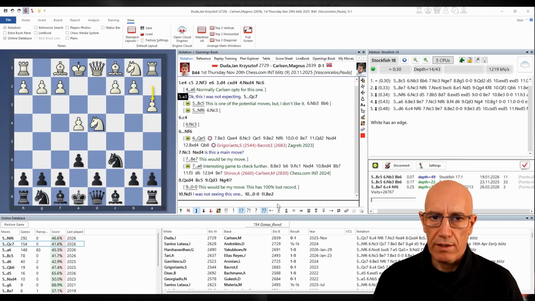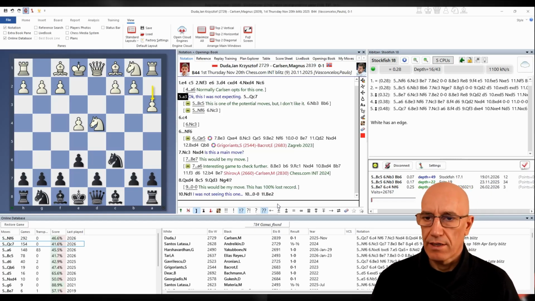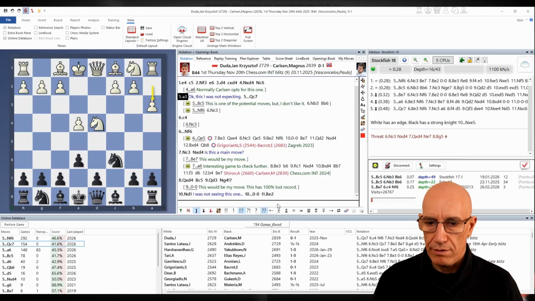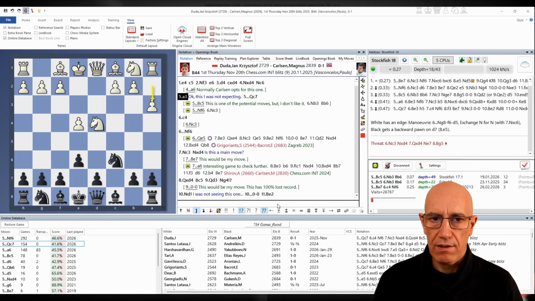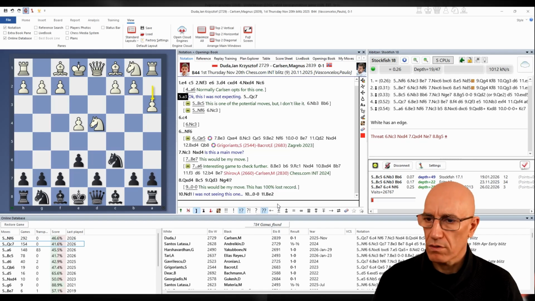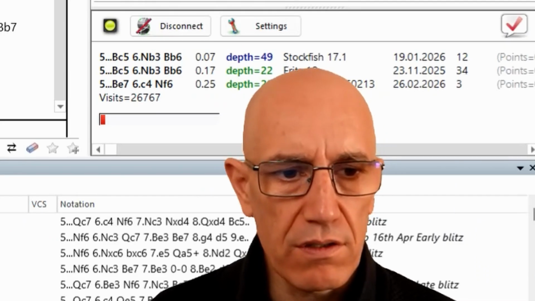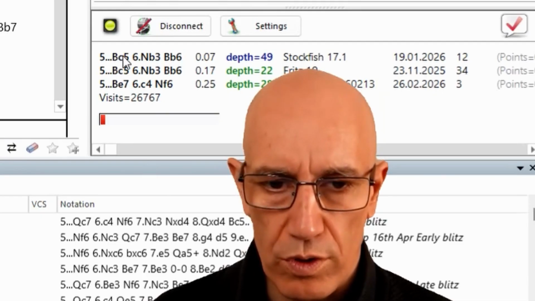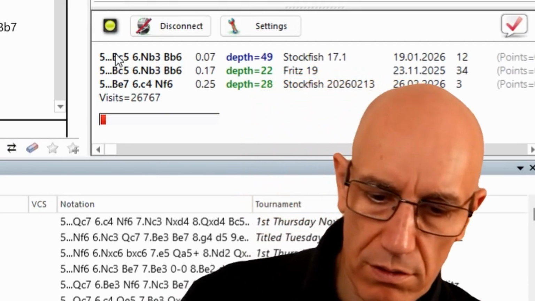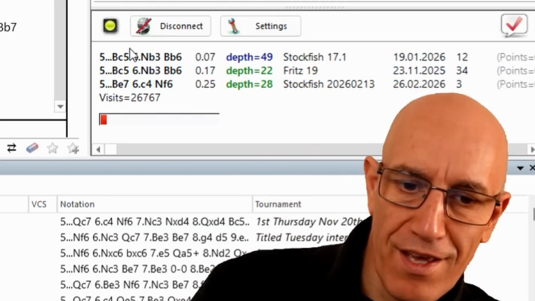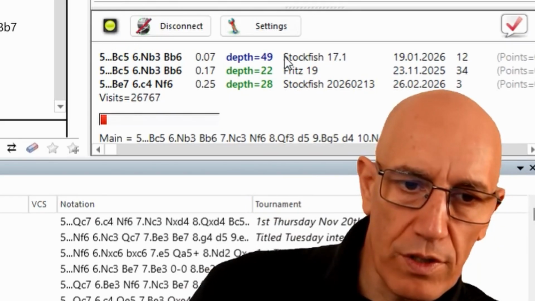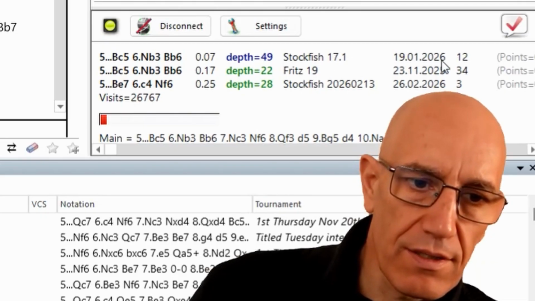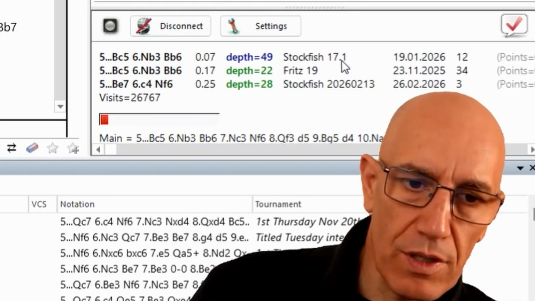And now the reply. Okay, over here we still are under theory cover. So what the engine says, it's too soon. The engine can't go that deep to understand everything. Notice also very interesting over here, as you can see on this situation. We have over here, okay, let me change my head to the side. You can see over here that we get this move that was analyzed already in a recent date, so very recent, about Stockfish